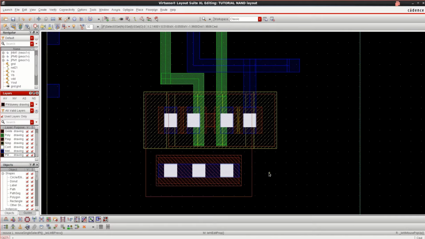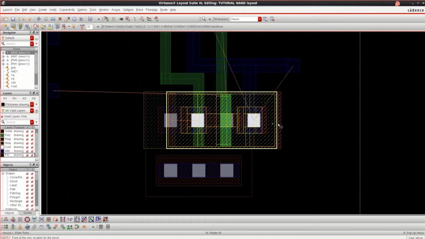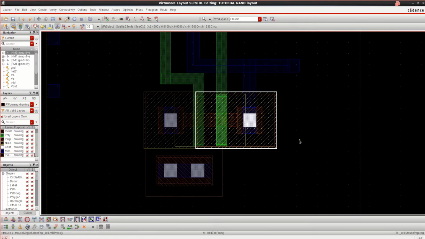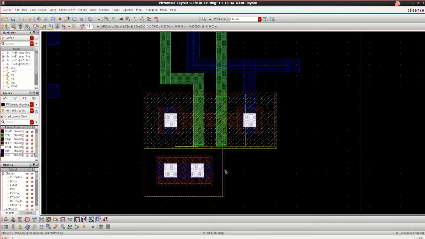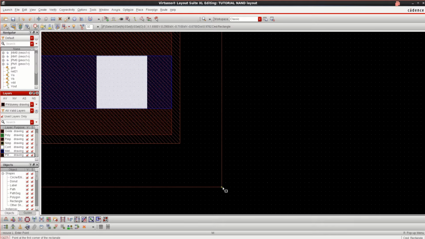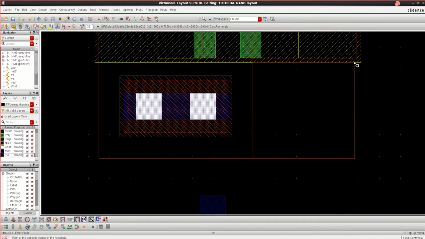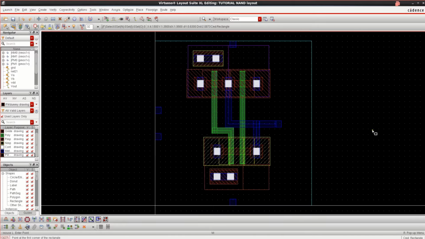So the same process. Let me move this aside. Now it is okay. What you can do is add the dummy cell here, PW drawing. So press the R shortcut key and start from here. So it acts as a well. I have added the dummy cell.